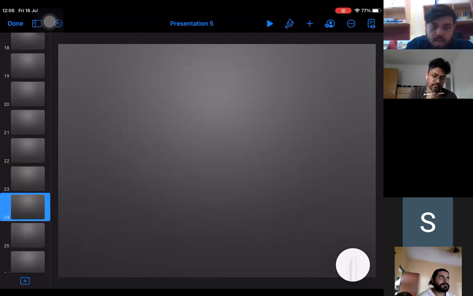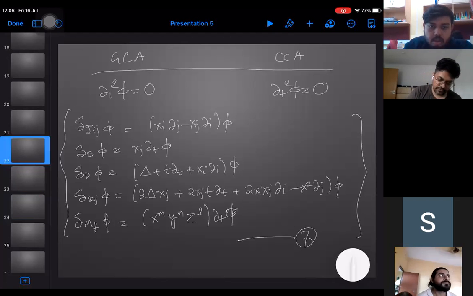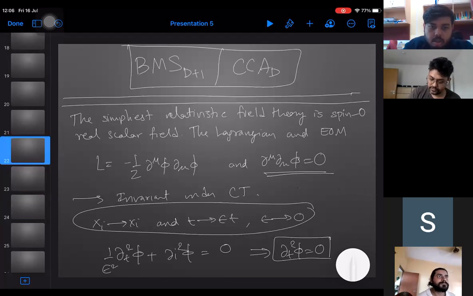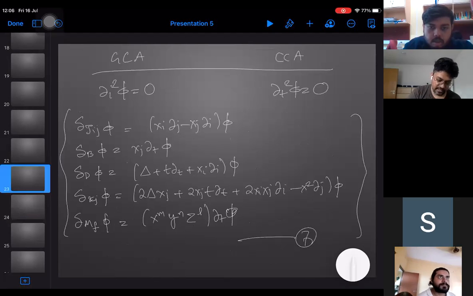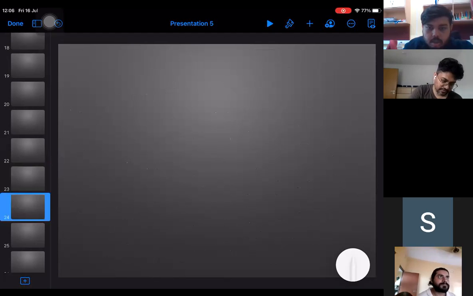So now what you have, you already have a transformation. Now what we will do, we will use the equation of motion which we have here given by this to find the invariance. So let's check for the dilatation. If you do that,